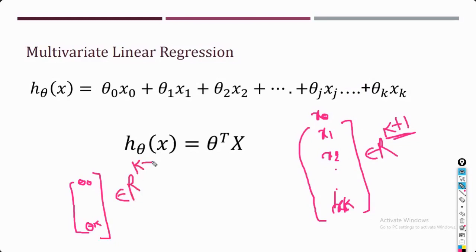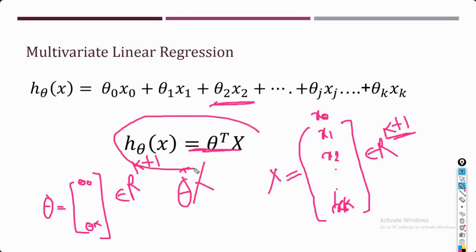In order to get this, I can represent this as x, this as theta, and this whole equation I can write as theta transpose x. So this way I am getting this equation, just written in a simplified way.